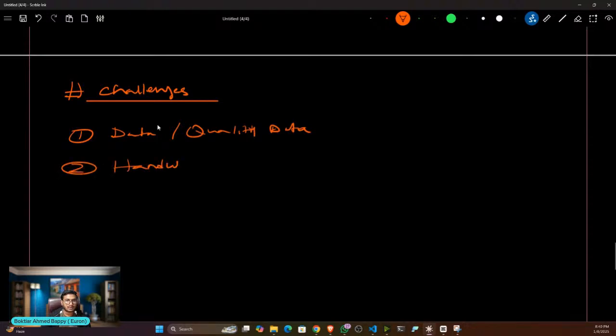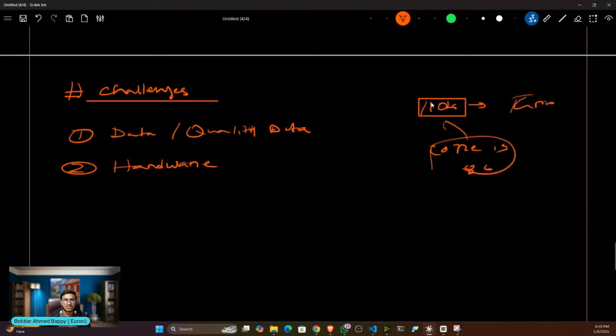Okay, hardware. Why hardware? Because to train these kinds of computer vision models you need a good instance, a good configuration machine. But if you don't have that, it would be very difficult for you. Let's say you are training 10,000 images. Just try to consider this 10,000 image computation. Let's say you are using a Core i3 processor with 8 GB RAM, so it's not enough for that. So definitely you need one GPU based machine to process the entire image, because image is nothing but